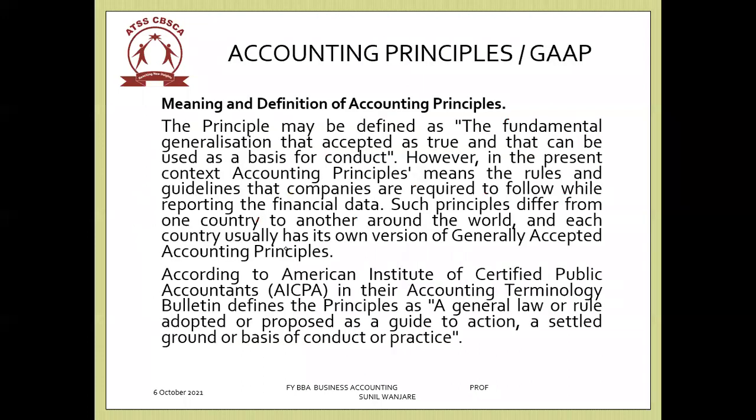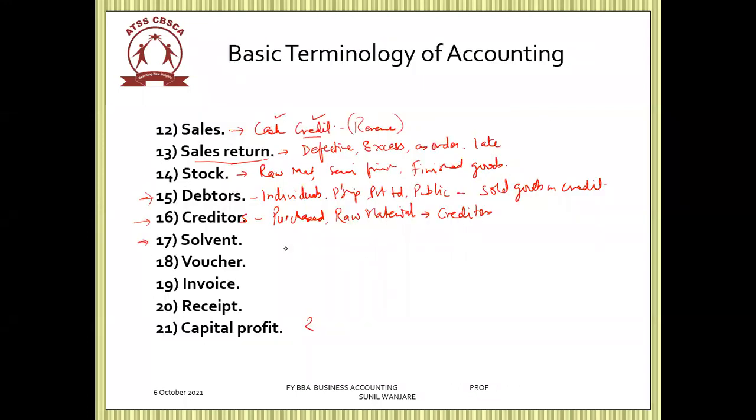So next is what? Solvent. What is solvent? Imagine that you're taking a salt in your hand and then you're dropping it in the water and then you stir. That salt dissolves, meaning there is no existence of salt in that water. Solvent. What is solvent, my dear students? A person, a company, an individual, or organization where they have enough assets to pay their liabilities is called as a solvent company or solvent organization.